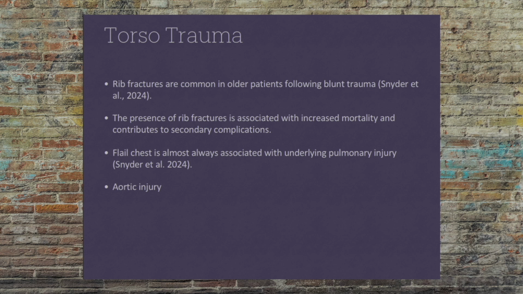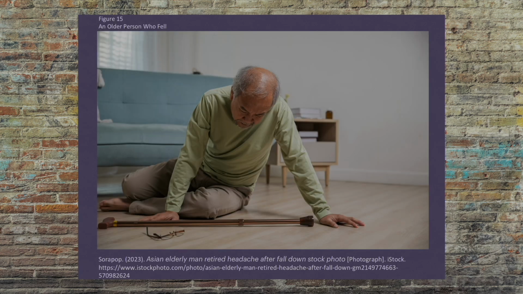We should have a high index of suspicion for any elderly patient that's been involved in a deceleration type injury. Hip fractures account for over 350,000 emergency department visits in older patients each year. They can primarily occur in women who suffer from osteopenia and osteoporosis. Due to osteoporosis, low energy twisting motions can lead to lower extremity fractures in older patients as the bones lose